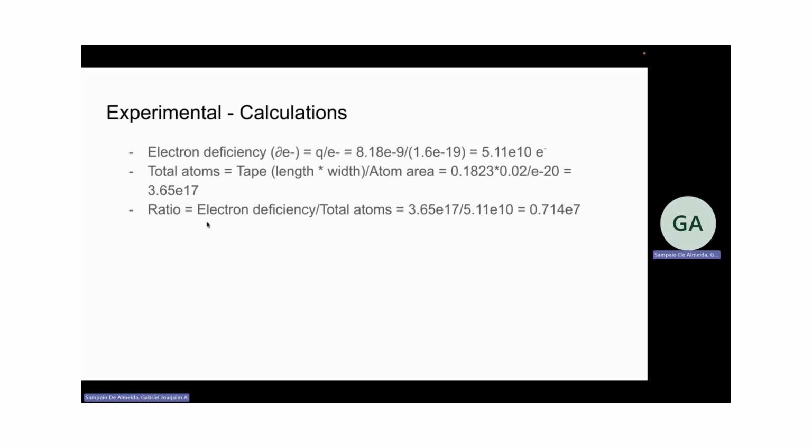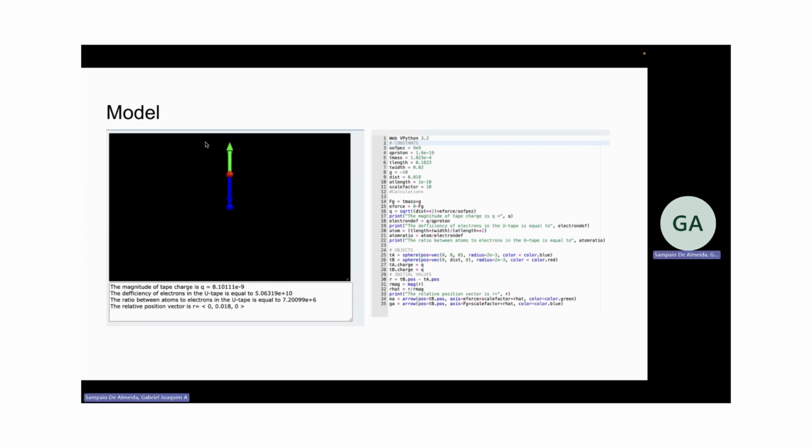We also calculated a ratio of electron deficiency divided by total atoms. It is important to mention that it is electron deficiency because the charge of the tapes was positive. This value was obtained to be 0.714 × 10^-7 electrons per atom. Going forward, this is the model build, the code shown to the right,